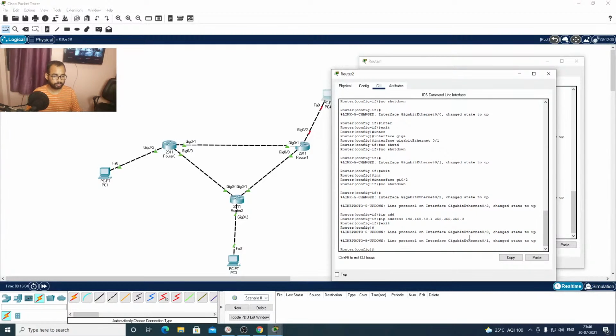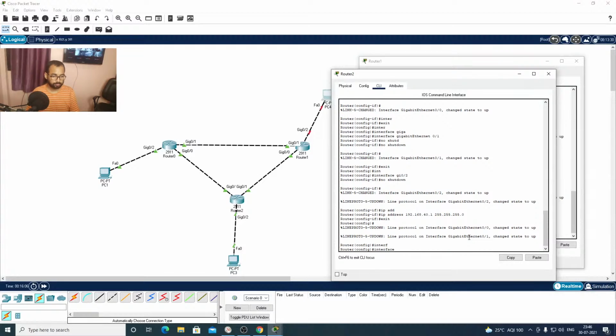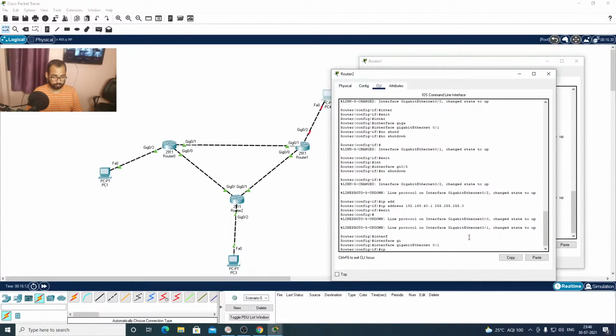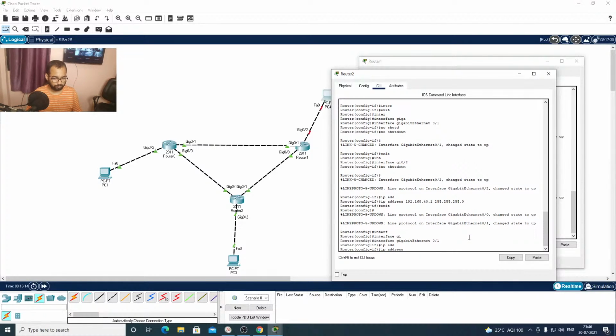So we'll select the interface, give 1, and assign the IP address.